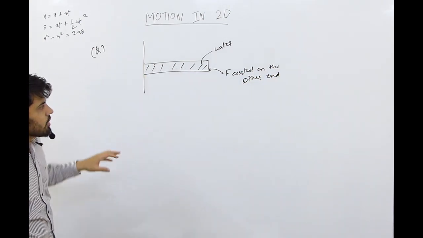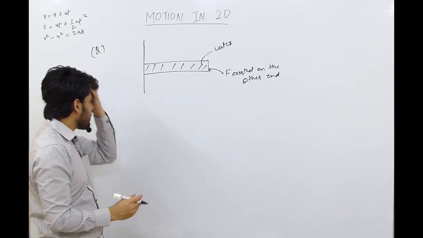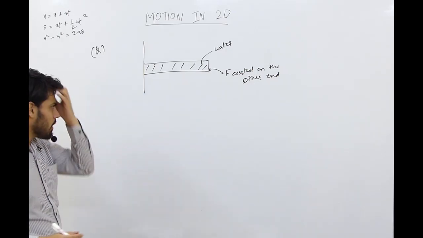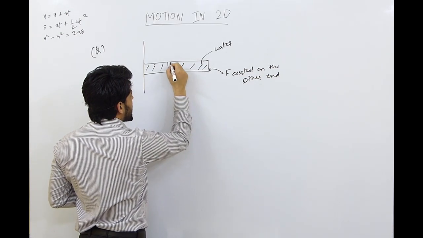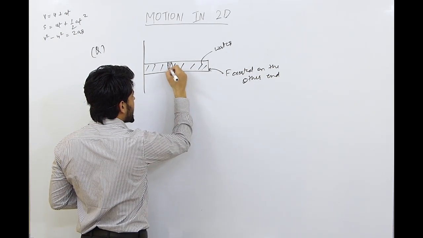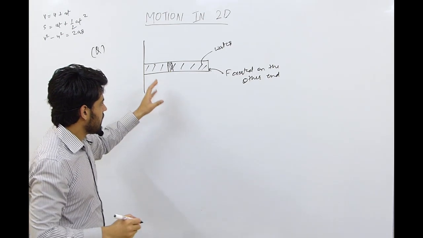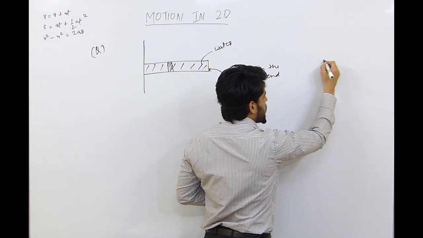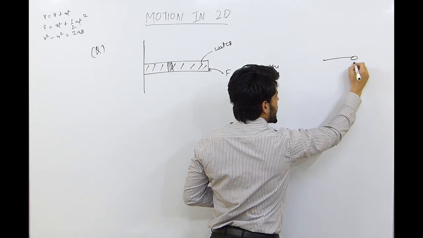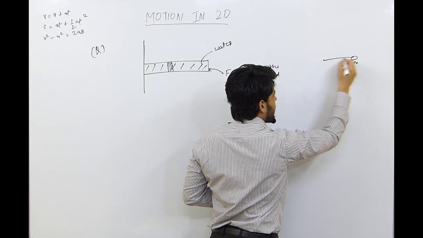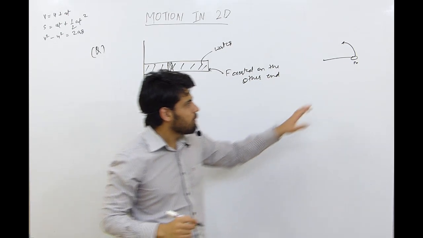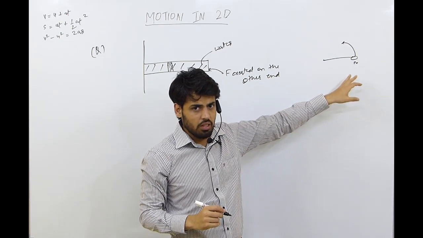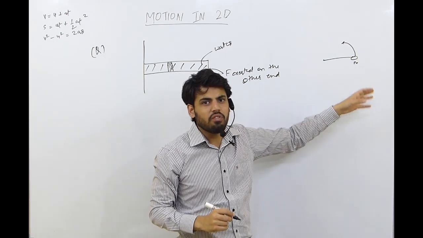This type of question generally comes in rotation, but I am covering it here so that you can understand a little bit of the derivation. Here we will take a small component. In this case, suppose you consider this as a stone. If a mass is attached with a string and it is being rotated around the center point, then there will be a centrifugal force which is calculated as half mv square.